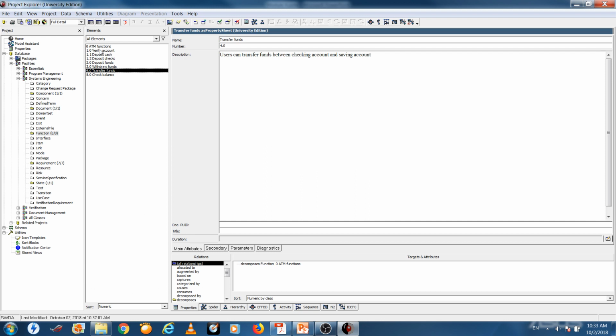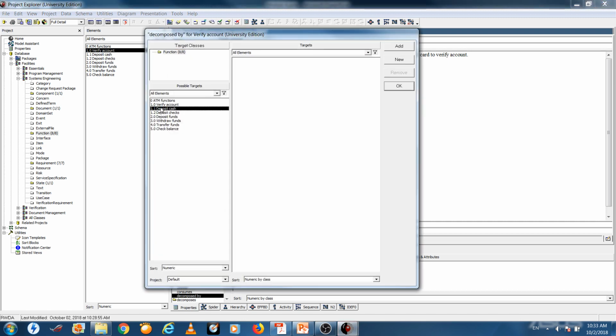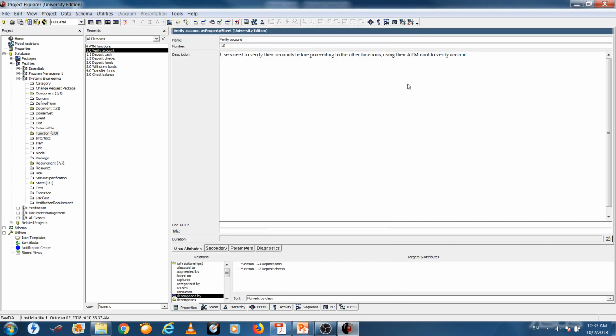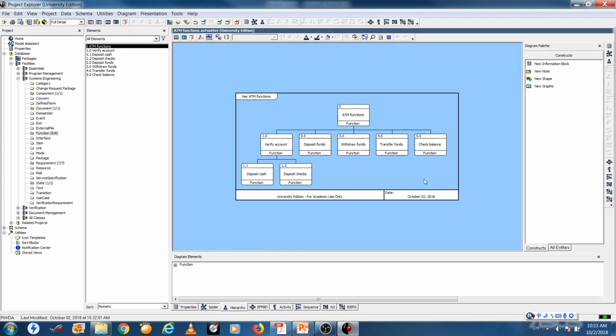Similar thing: click on 1.0 and decompose by what? By these 2 functions. Adding these 2 functions. If you click on 0 hierarchy, you see there are 2 levels established. So this is what we call a functional model. A functional model is the